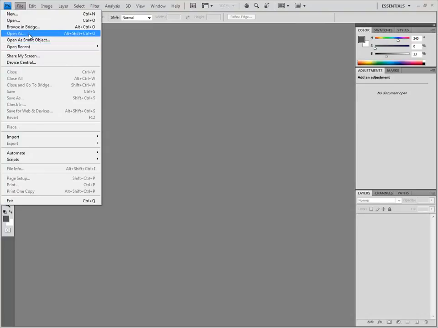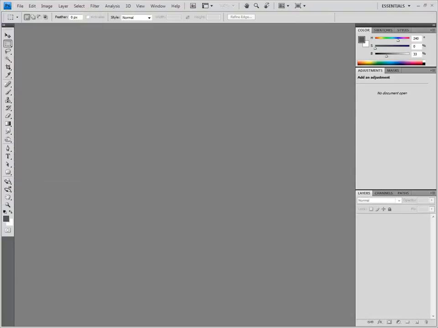So let's come in here and open this up. And we're going to go computer. And I need that map.